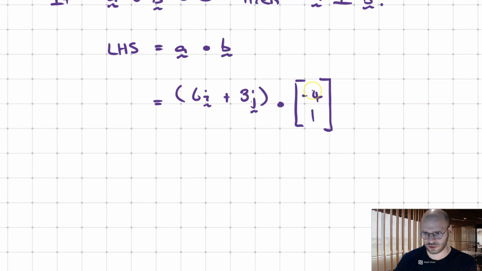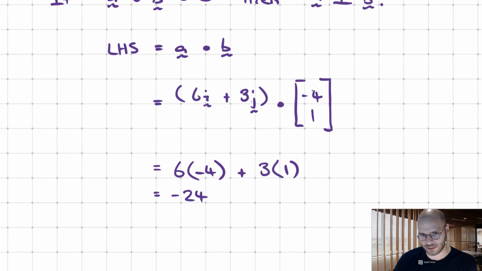There's no need to convert them into the same form here because we can just go straight into the dot product, which would be 6 multiplied by -4 plus 3 multiplied by 1. Saving a bit of space. 6 4s are 24, but it's negative 24 plus 3 is negative 21. So our left-hand side here is negative 21,